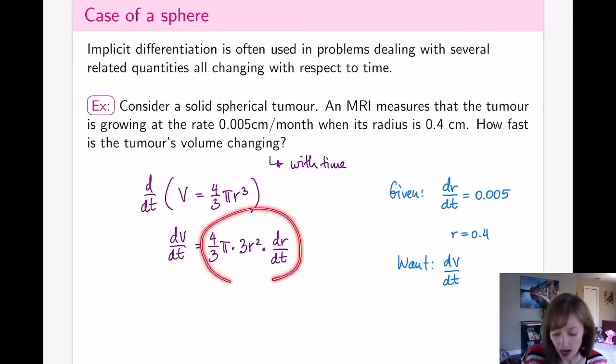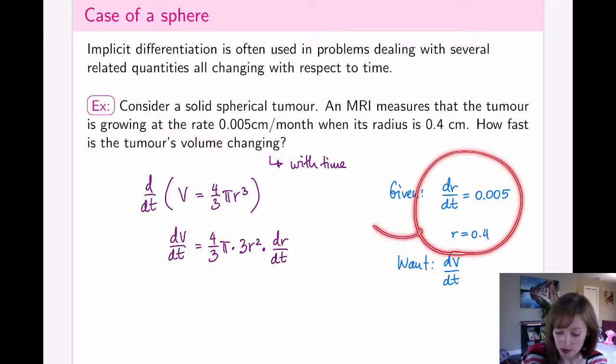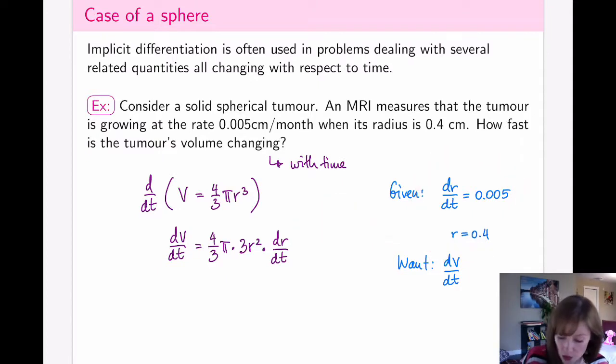And here, I just need to plug in all the known values into the right-hand side of my equation. So I need to plug in all this given information into here, and I'm going to have myself an actual answer. So we're going to plug in r equals 0.4, and dr by dt was 0.005. Okay, so all together as the answer, once we've computed it all, and you can plug in pi equals 3.14 or some kind of approximation of it, this should work out to be 0.03